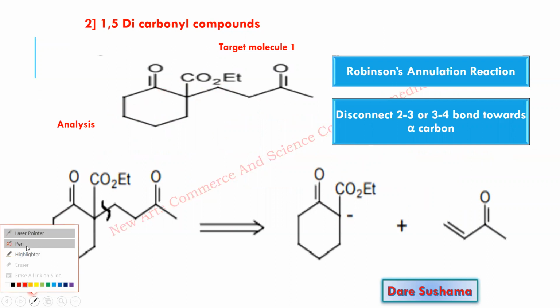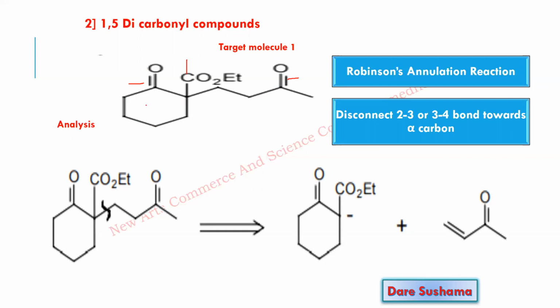As we already talked, whenever you look at the target molecule, first you ask the question to the target molecule, which functional group is there? So which functional groups are present? The first is carbonyl, the second again is carbonyl, and the third is also a carbonyl group. So in all there are 3 carbonyl functional groups. Whenever there is more than one functional group, you have to identify the relation among these functional groups.